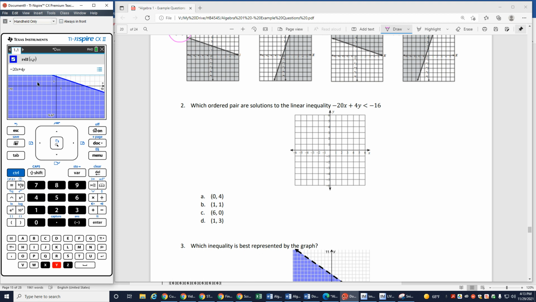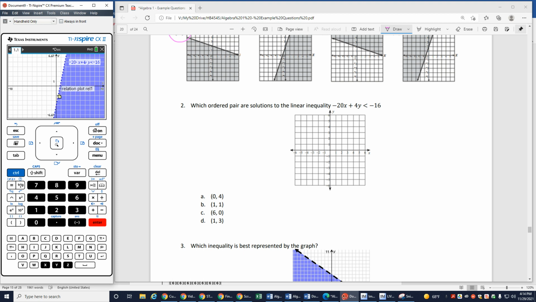is less than. So to get my less than symbol, if you look where the equals is under control, right above it you can see there's a not equal to and some different things here. So if I hit control and the equals, that's going to give me all of my little options, okay? And I just want less than without the equal to. And then negative 16. When I hit enter, it's really hard to tell that that's a dotted line. If you hover over it, you can see it a little bit better. So we do have a dotted line, and our graph goes